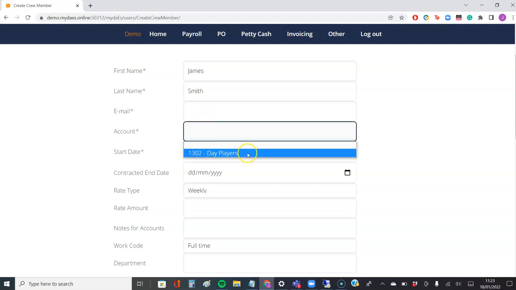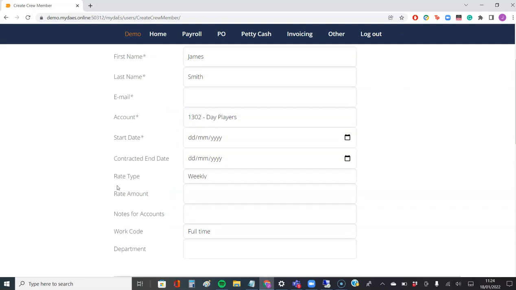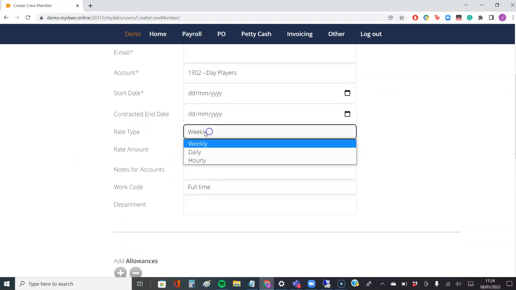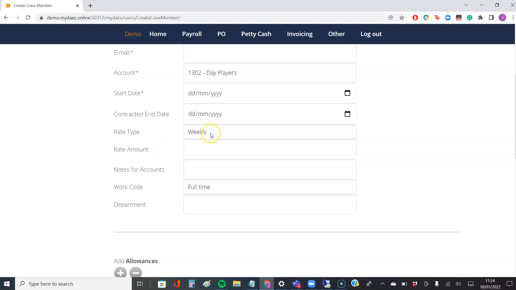As you can see here, the only account number this person has access to is day players. So if this worker was also creating a PO, they would only have access to that same account code. They would enter in the start date and end date. They would enter in whether this is weekly, daily, or hourly. So for your weekly crew members, you would select weekly, and the rate amount here is the net amount, not